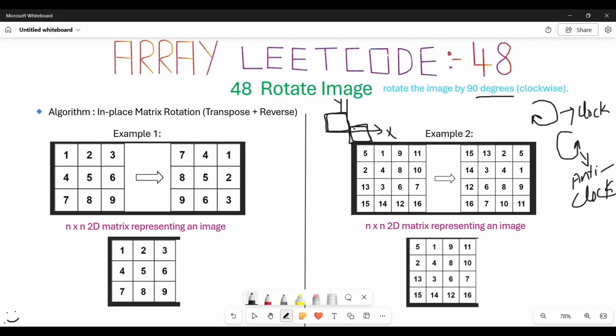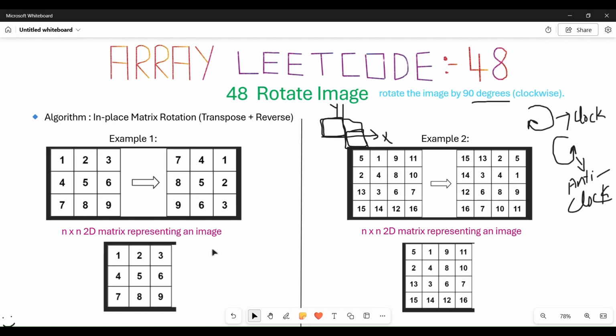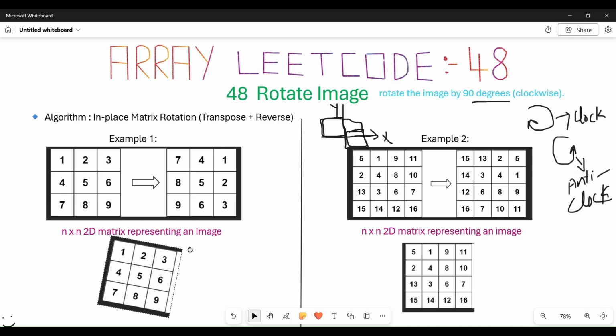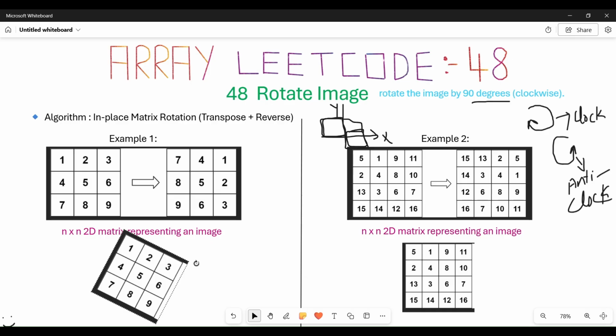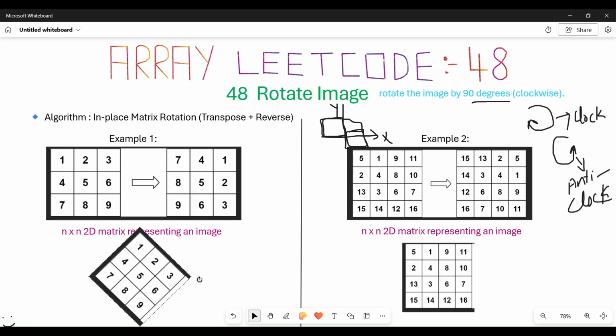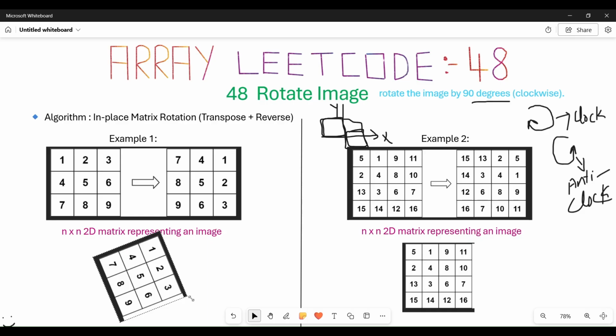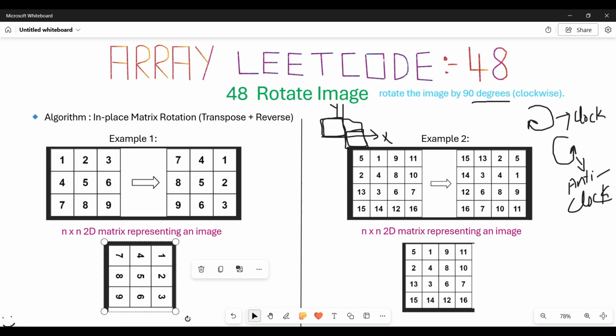So the rotation will be like this: 30 degrees, 60 degrees, 90 degrees. I'm going to show you using this simple example. In this example, you're going to rotate this array by 90 degrees. So this is 30 degrees, this is 45 degrees, this is something like 60 degrees. This is called 90 degrees. You want to rotate the image by 90 degrees so that the image should look like